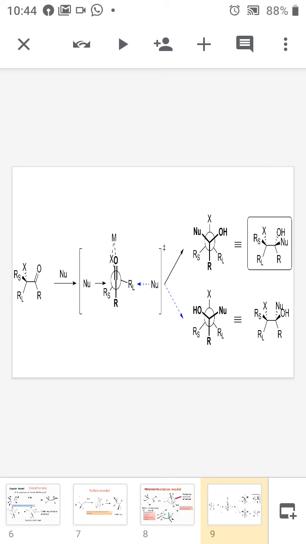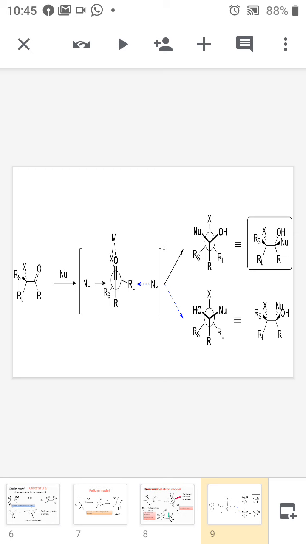Here the metal is bound to the carbonyl group, and the metal and carbonyl group are cis to each other, existing in the same plane, and there are two ways of attack of the nucleophile. The nucleophile always prefers the side of the smallest group. The product which I have shown in the rectangle is the final product. I hope that you understood the Felkin model and Cram's rule, the difference between them, and the exceptional cases of Cram's rule and the Felkin model. We have studied two exceptional cases: first, the electronegative atom, and second, the chelation group.